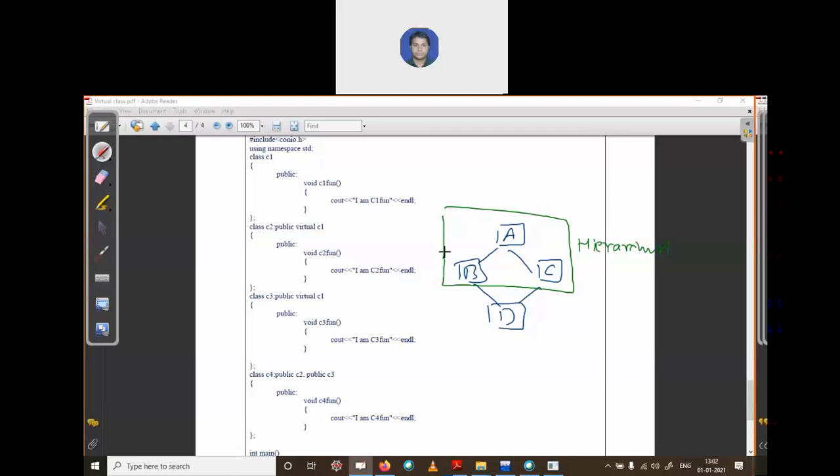When you derive a class from more than one base class, it's called multiple inheritance. The combination of these two is called hybrid inheritance.